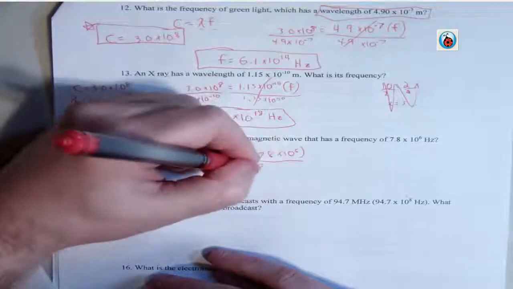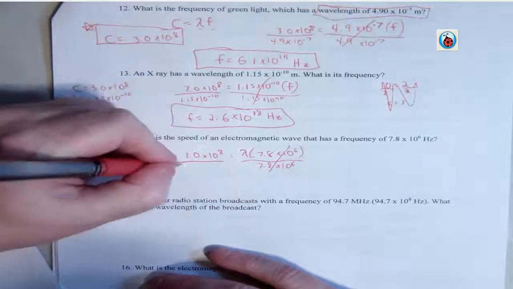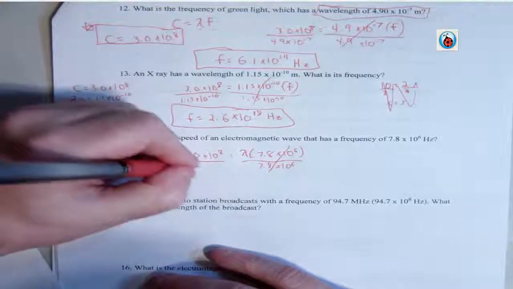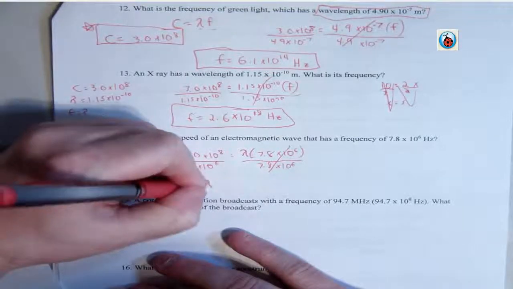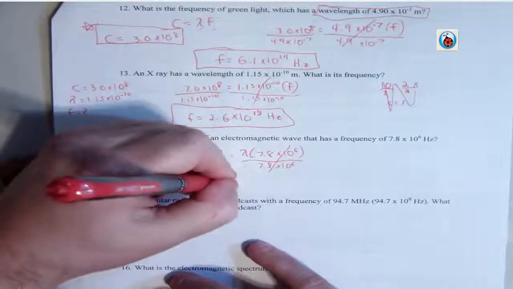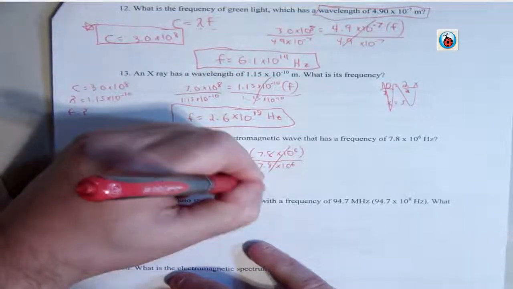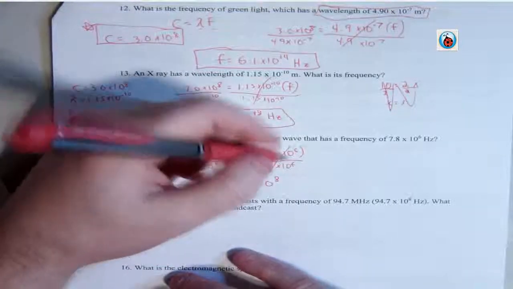Divide it out. Cancel. Divide it out. And then that means our frequency is, you should get about 3.0 times 10 to the 8th. Remember, frequency is